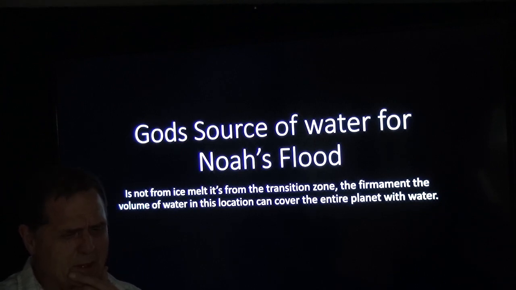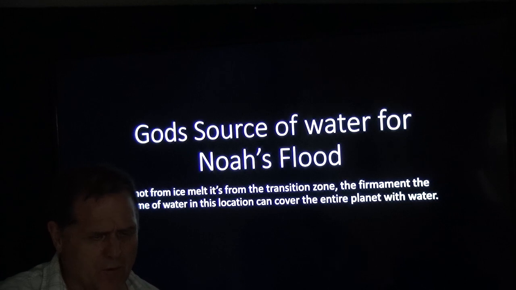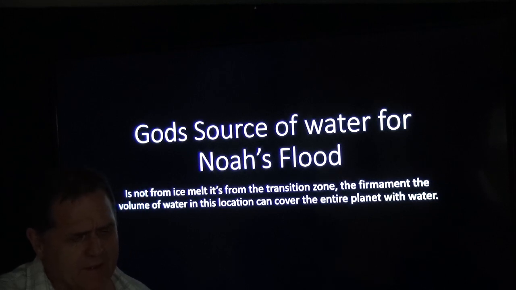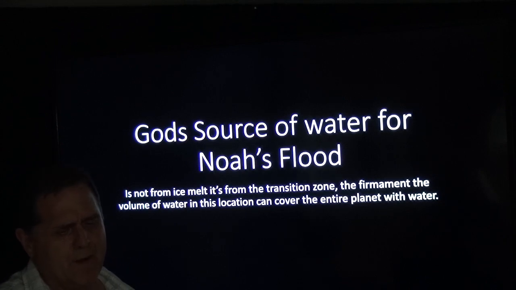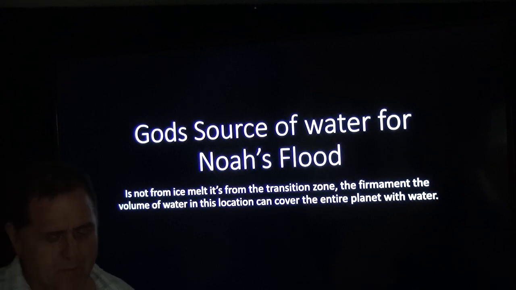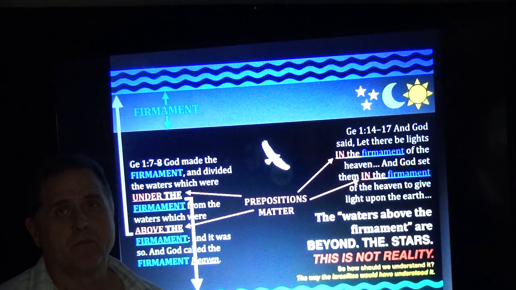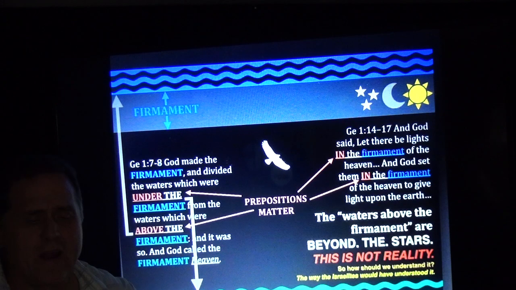God's source of water for Noah's flood is not from ice melt. It's from the transition zone. The firmament, the volume of water in this location can cover the entire planet with water. So transition zone, the firmament. We're going to take another try at interpreting